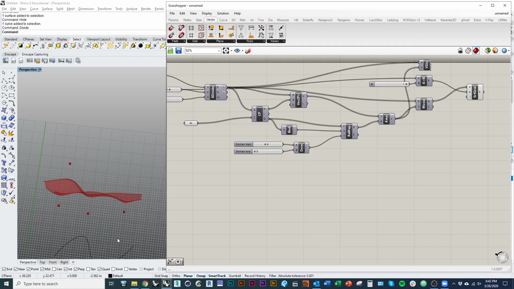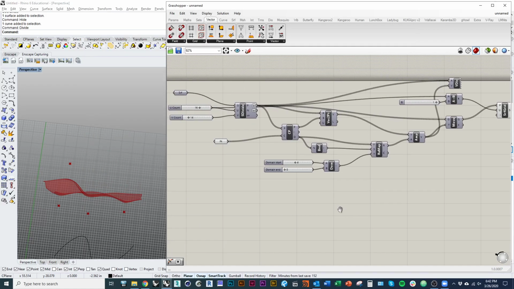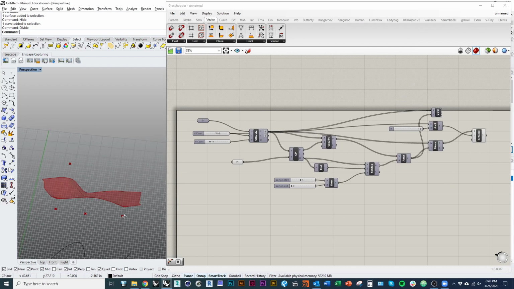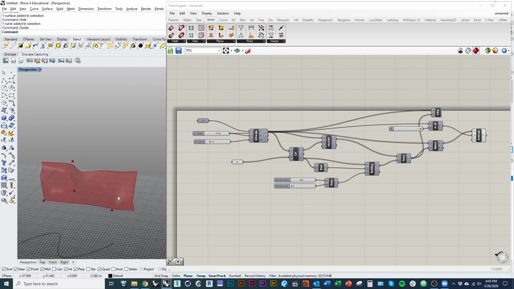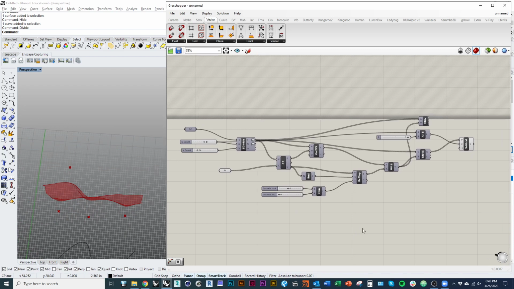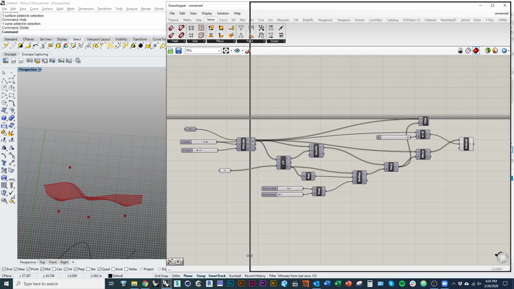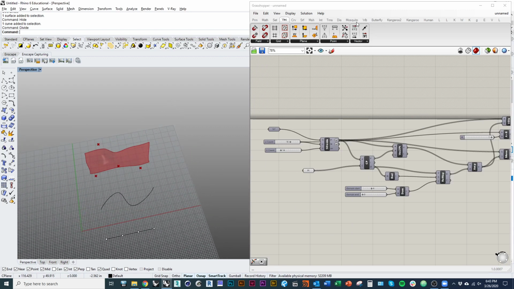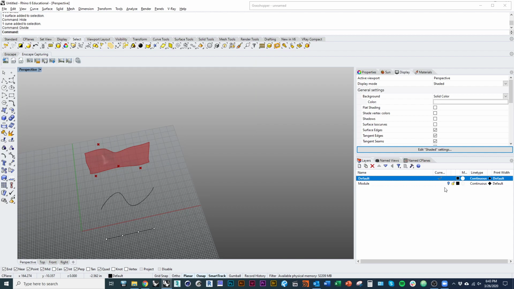Okay, so welcome to part 2 of this Grasshopper introduction lesson. So this is the script that we created in part 1 that just kind of drives a simple surface geometry based on a few attractor points. And we're going to start from there as we move forward with a couple of additional tutorials that really incorporate the module. So the first thing I want to show you, which is a really pretty simple tool, is,